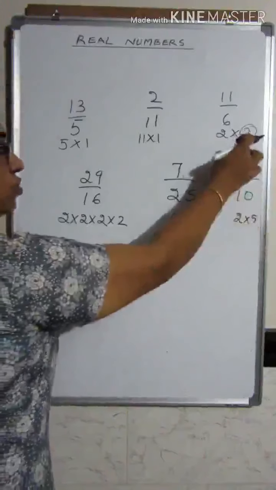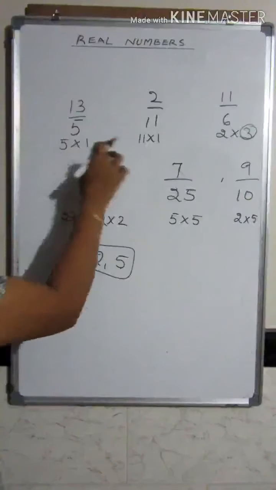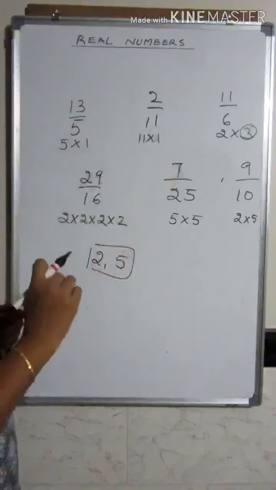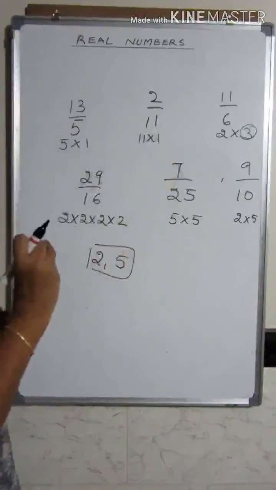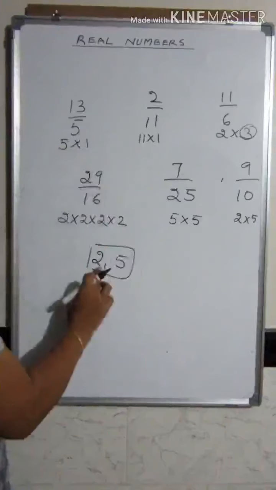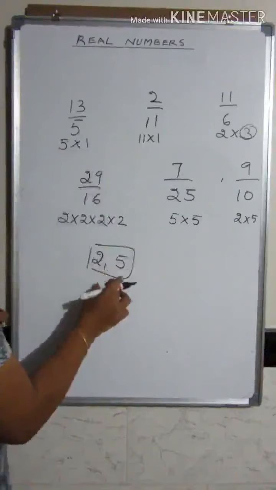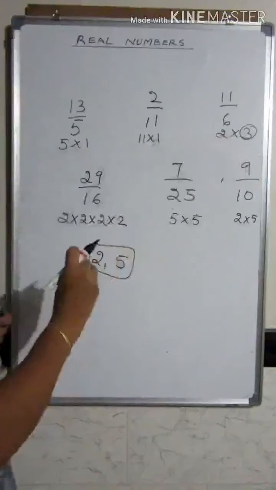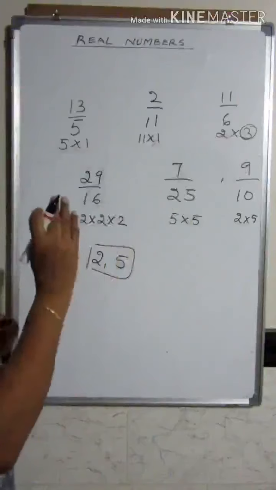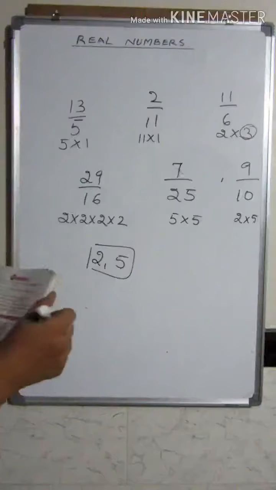So only this one, when you don't have 2 and 5 as the prime factors of the denominators of the terms, then such type of fractions are non-terminating recurring decimals. If you have got 2, or if you have got 5, or if you have got 2 and 5 both together in the denominators, that is the prime factors of the denominators, then such type of rational numbers are called as terminating decimal fractions. And the second type of problem that you have got under practice set 2.1 is you